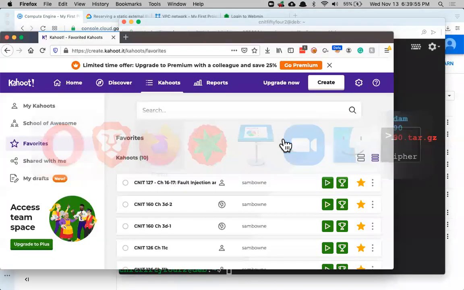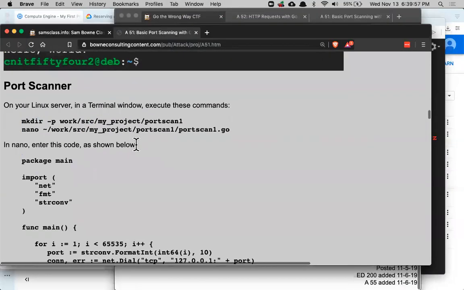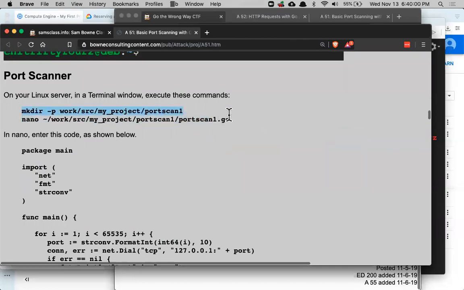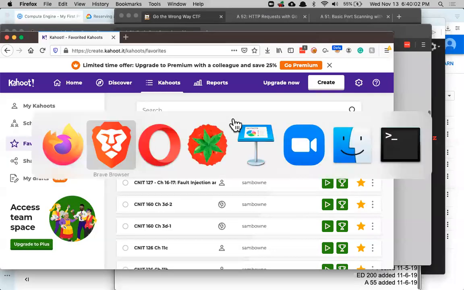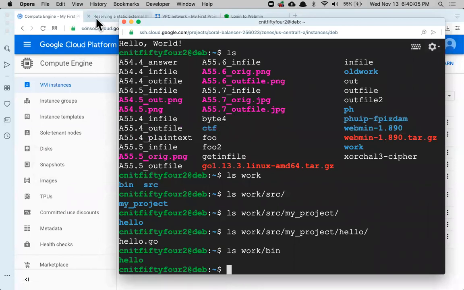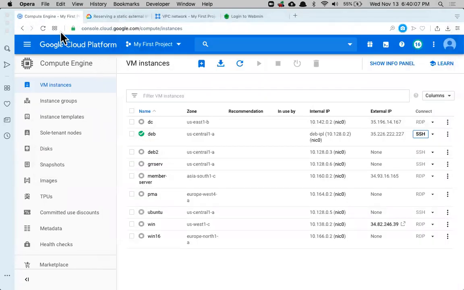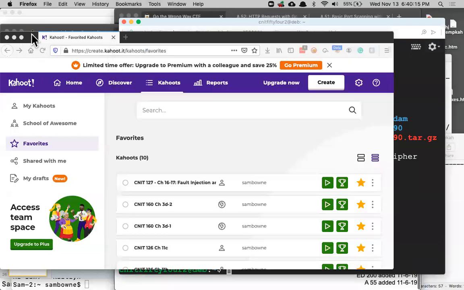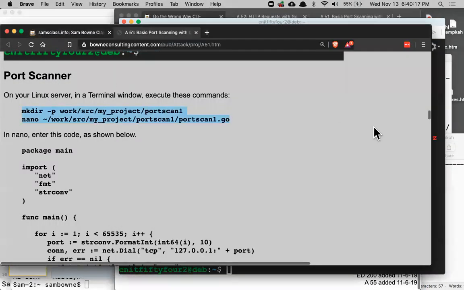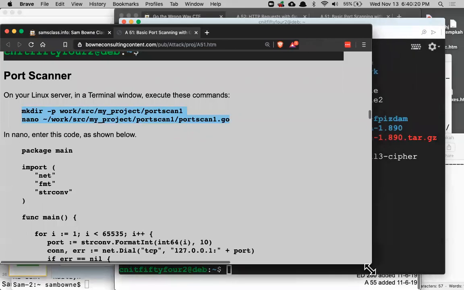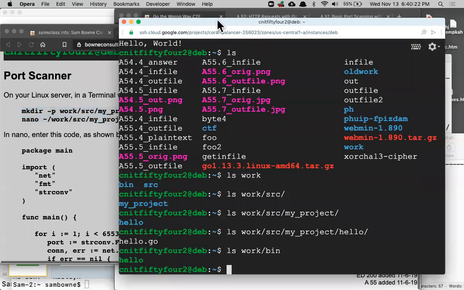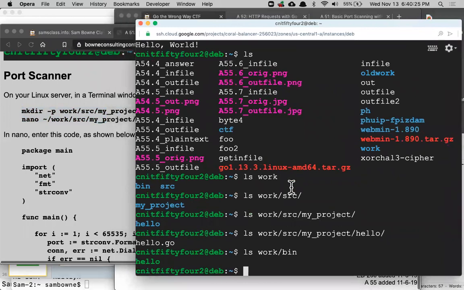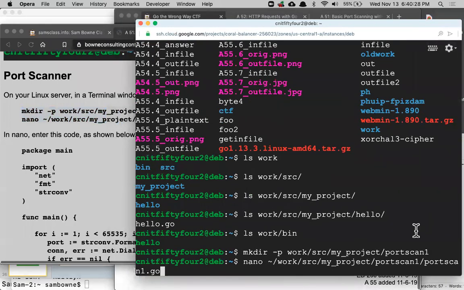Anyway, so that's just Hello World. So let's, if I can find my right browser. All right, so let's make a port scanner. I'm going to call this port scan 1. So I have to start with this stuff. Let's see if I can get some of this garbage to go out of my way. Is there any way to make this thing smaller? Over here, okay, good. All right, and how about making this stuff smaller? All right, now I might be able to be more efficient. Got too many windows open, and when I project, my resolution goes down, so it gets harder to control my machine. All right, so if I do this, now I've made a directory, work source my project portscan1,